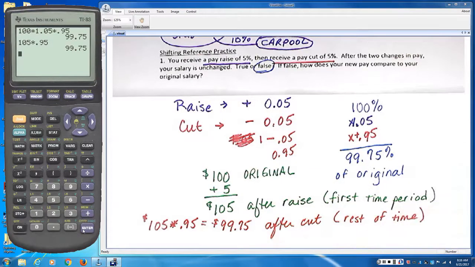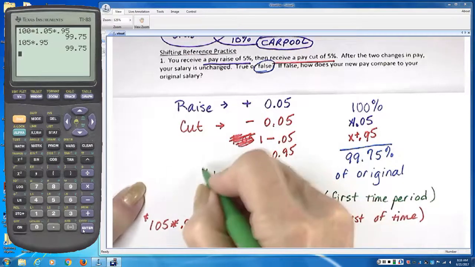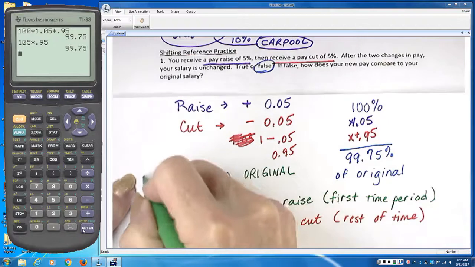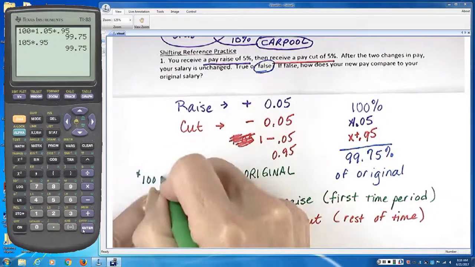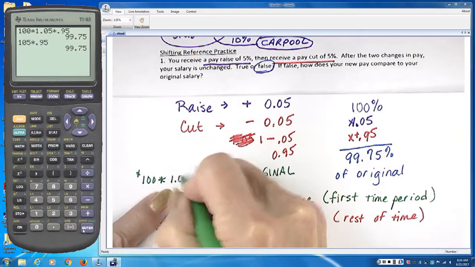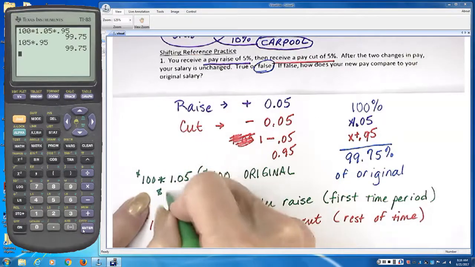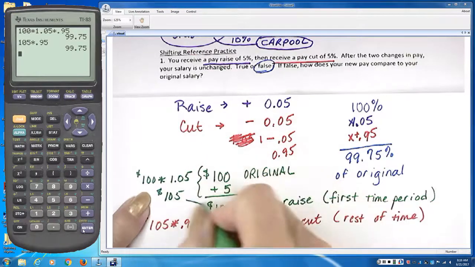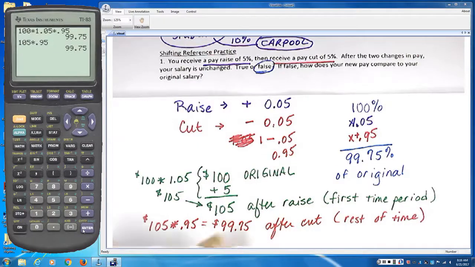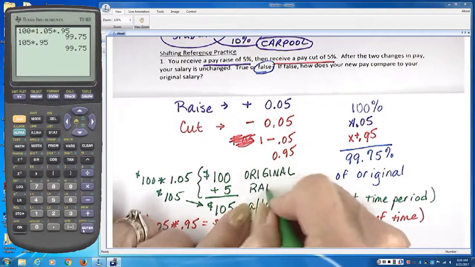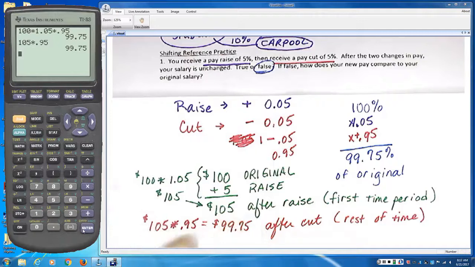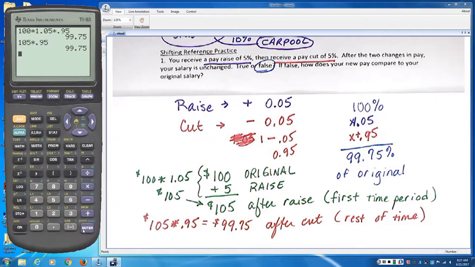So that's the rest of the time, or the second time period, for however long that lasts, and then they might make another change. Okay, now if you're wondering, why did it look like I did that differently? I really didn't. Because my salary at this point was 100 times 1.05, which is my $105. It was just easier to talk about. This is how much the raise is. Your actual cut of that $105,